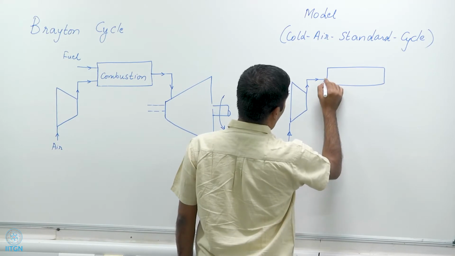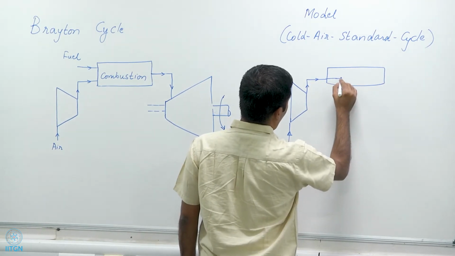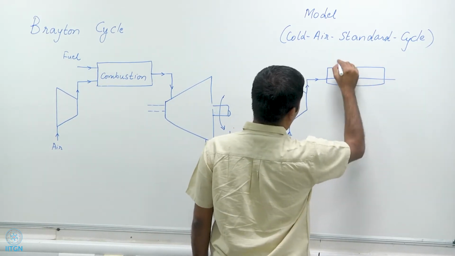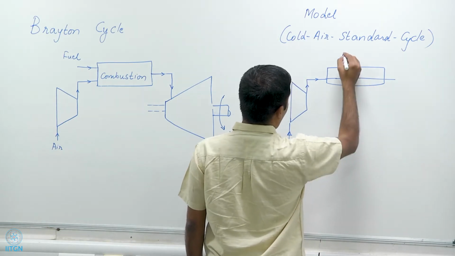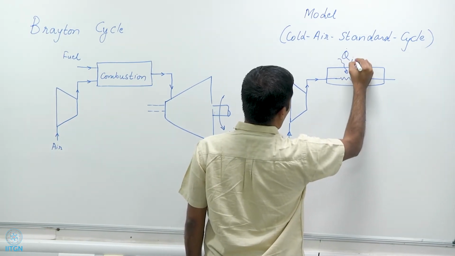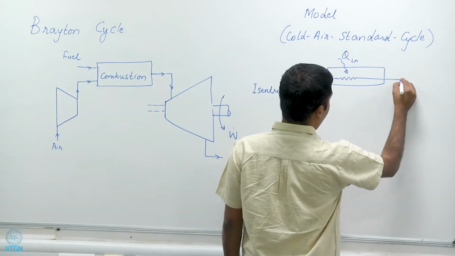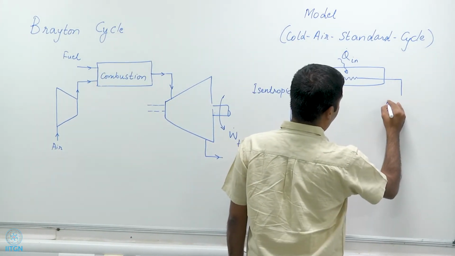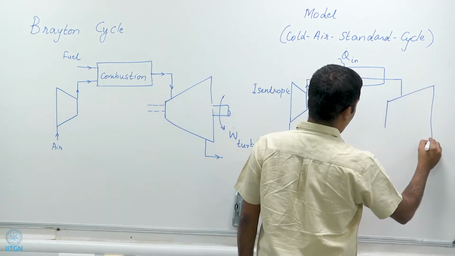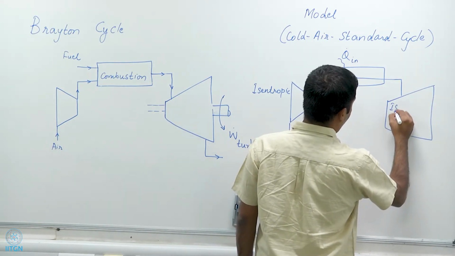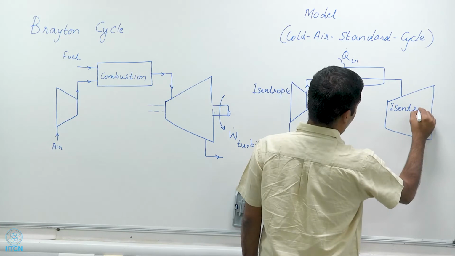In this combustion chamber heat is added from outside. This is Q dot in, and this results in high temperature, high pressure gases, which are then expanded in a turbine. This is again an isentropic turbine,